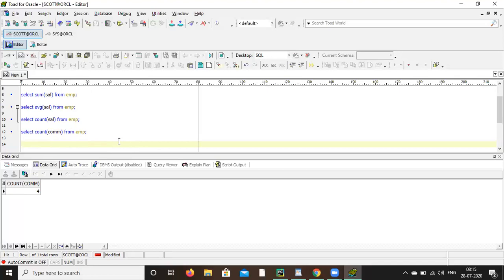But what is the total record in the employee table? You can write select count star from EMP. Count within bracket star.